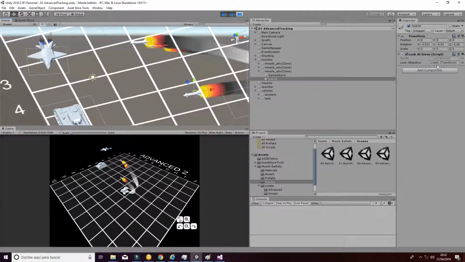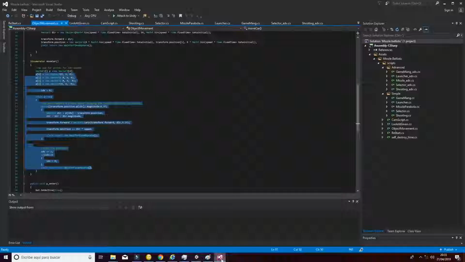For instance, in this case, it's going to be the tank. For the other missile, it's going to be the airplane, as you can see here. So those sub game objects inside the main game object are going to rectify the position of the missile by script, and that is achieved in the missile